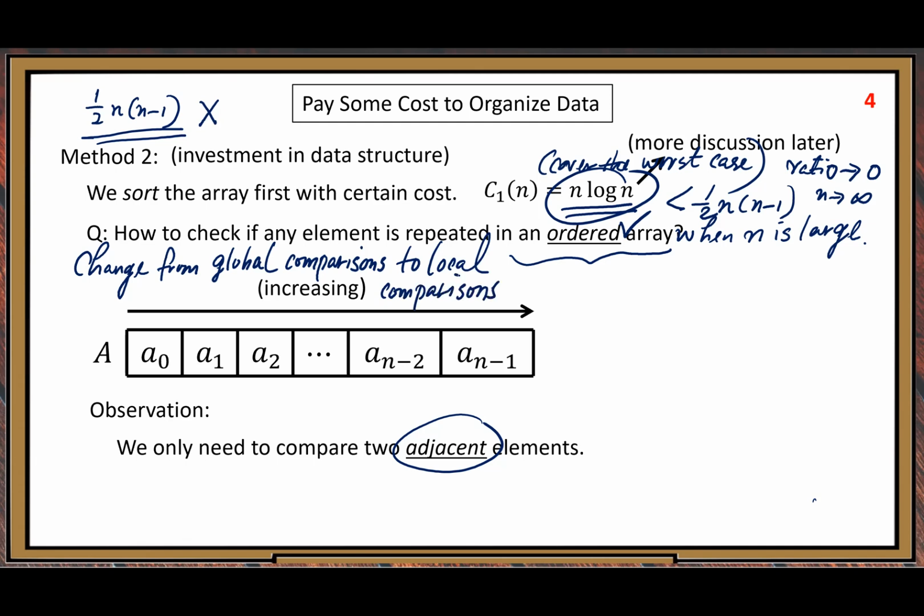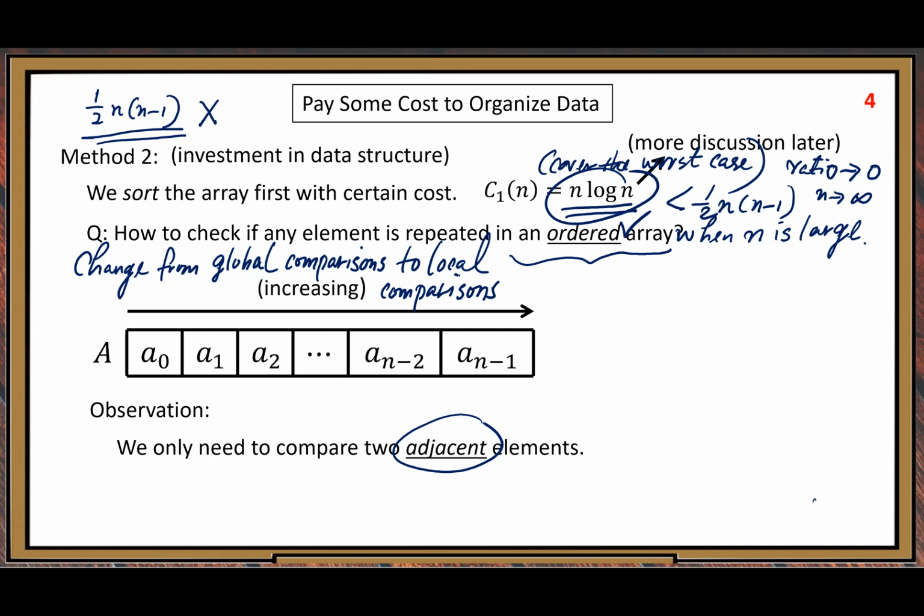How about that? Global comparisons, in our method 1, we do global comparisons, right? So compare A0 with A[n-1], think about that. That kind of global comparison, far distance. The distance between two elements could be anywhere in the array, right? But here, we don't worry about far distance comparison. We only need to look at the